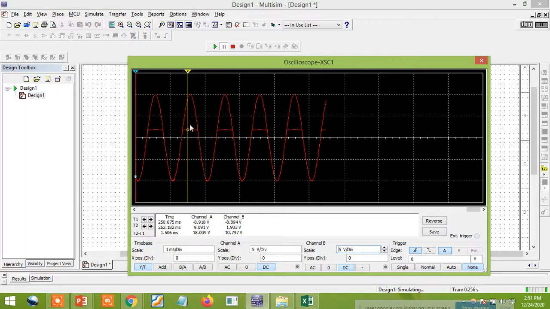What is the voltage it is coming to in this case? You can see 1.903 volts. It's approximately 2 volts practically. Theoretically we are having the 2 volts clipping. Next it will come back to here. I'll have a minimum voltage, you can see it is minus volts, and next I'll get the positive volts.